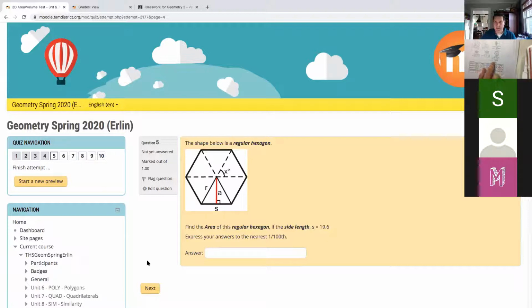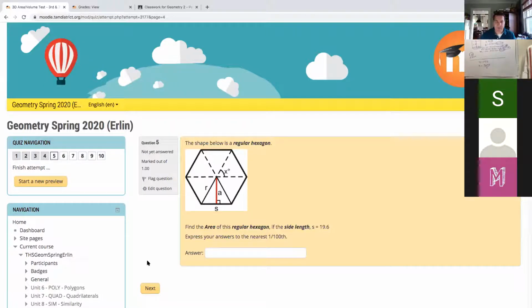It's 3s squared root 3 all over 2. So in this case, because I know my s equals 19.6, area is going to be 3s squared root 3